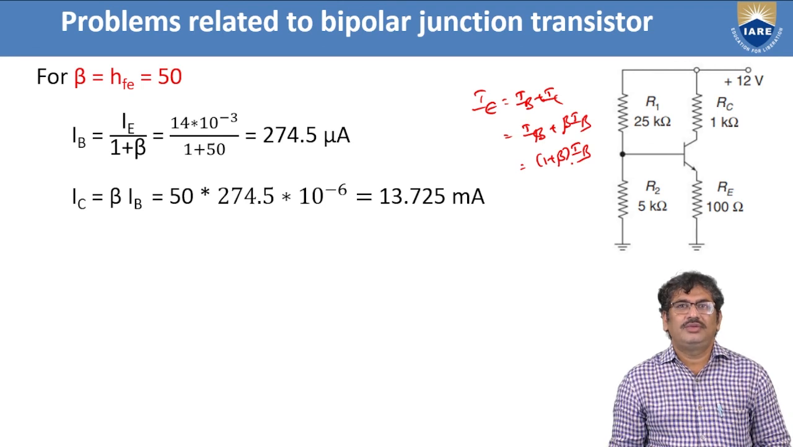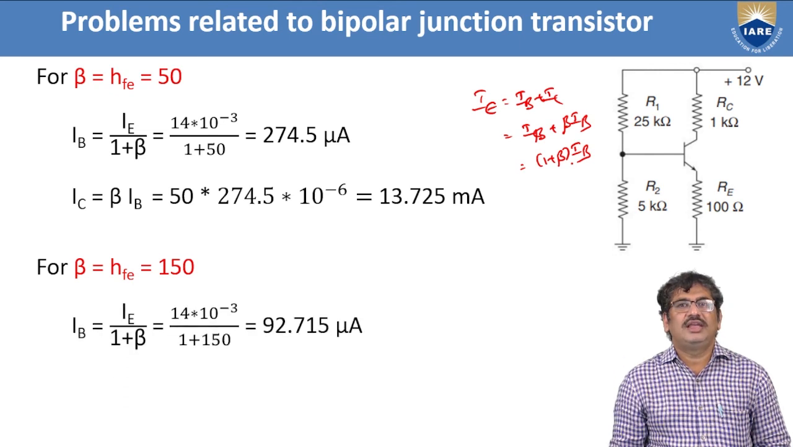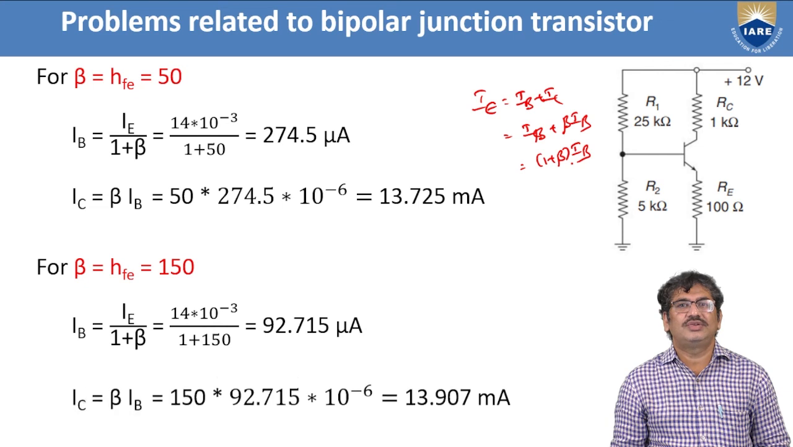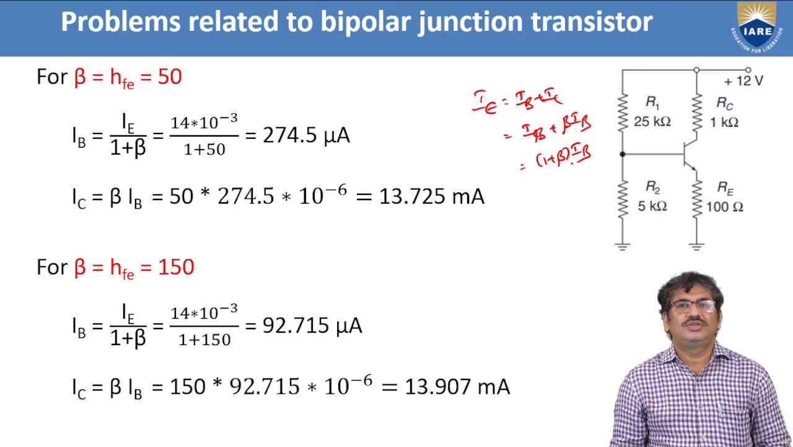In a similar manner, we will find out the values for HFE is equivalent to 150. First, we will estimate IB as IE by 1 plus beta. IE is 14 milliamperes divided by 1 plus the given beta of 150, which will give us base current equivalent to 92.715 microamperes. Then we can find the collector current IC in terms of beta. We can write IC is equivalent to beta times IB, which will give us 150 into 92.715 into 10 power minus 6, which will produce